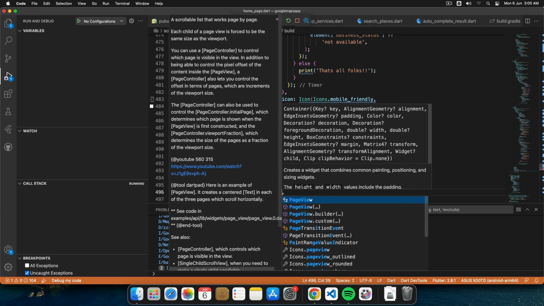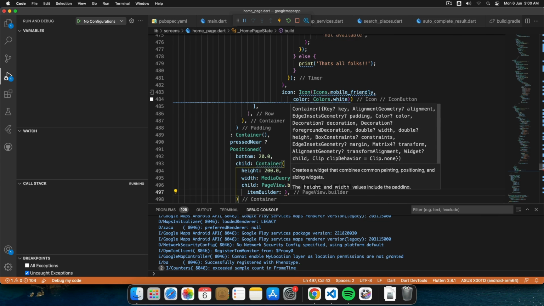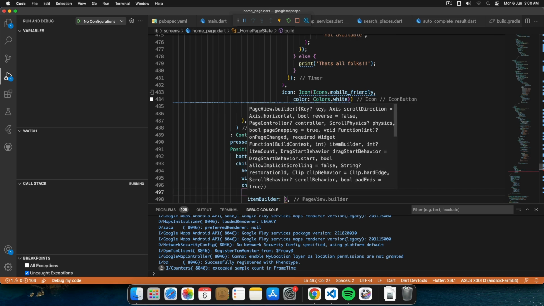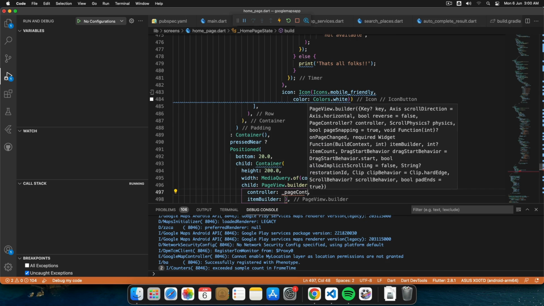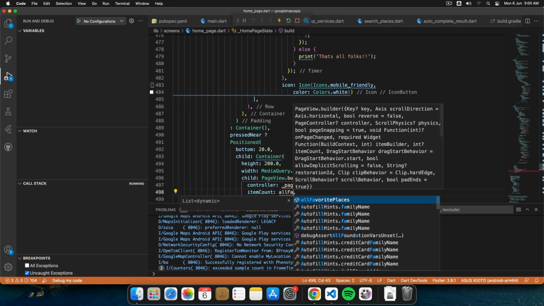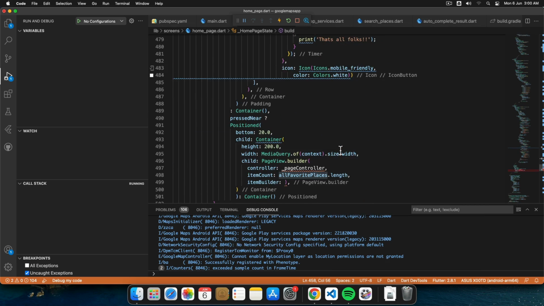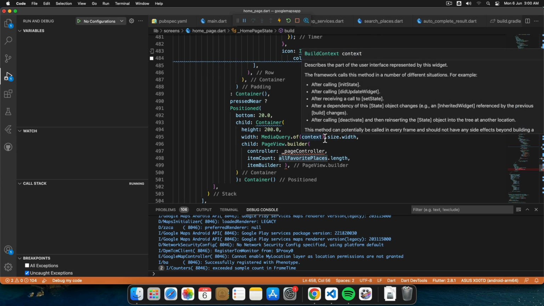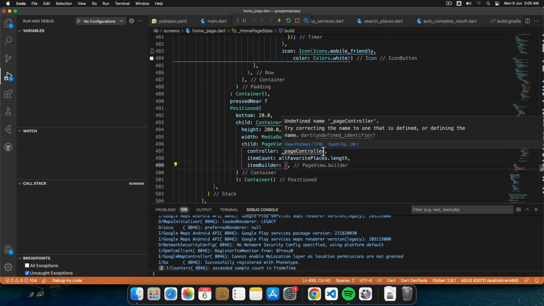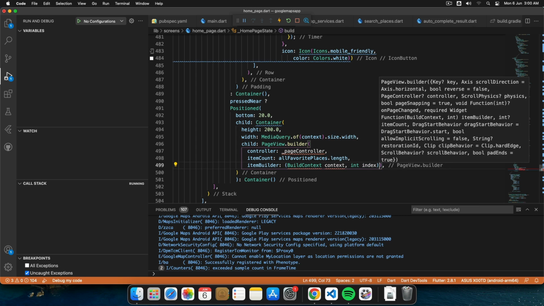child page view dot builder, item builder. Let this come. We'll just give a few other options. Controller, page controller, this we need to create obviously, and item count, all favorite places dot length. This is nothing but the thing that was plotted, this one. Okay, now we'll just go ahead and create the item builder. It's simple. This will build out our widget, the actual widget. Build context. We can even specify an index, I think. Index, yeah,